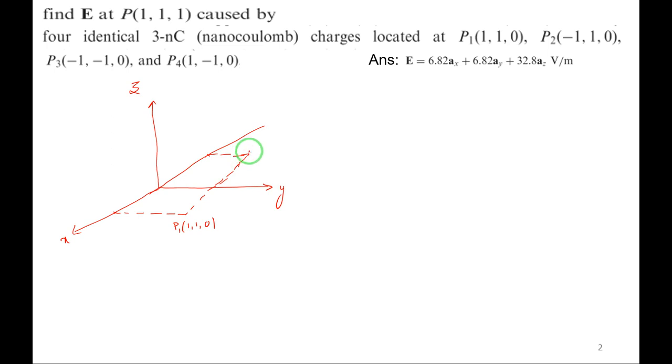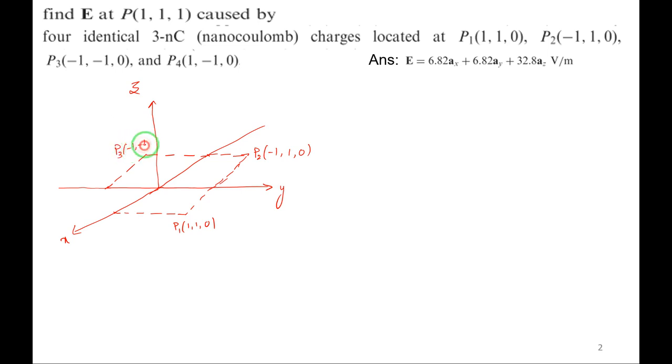Here X is minus 1 and Y is plus 1 and Z is 0, this is point P2. Similarly, for P3 both are minus 1. X is minus 1 already there, and Y is minus 1, so extend the negative Y axis. X is minus 1 already here, then Y is minus 1 once again. Somewhere it will come here, so we'll extend this. At this point X is minus 1 and Y is minus 1, this is point P3.